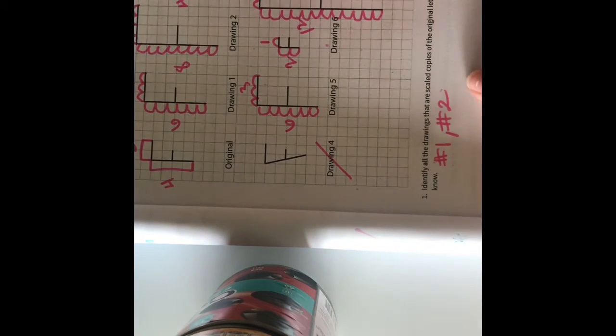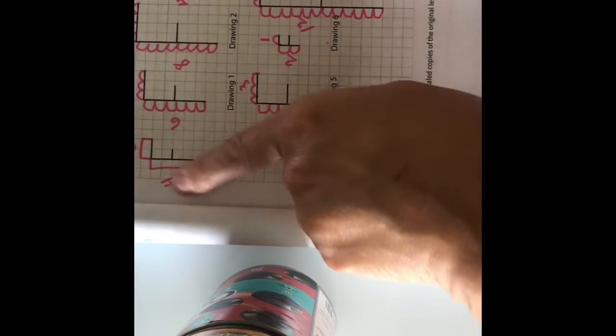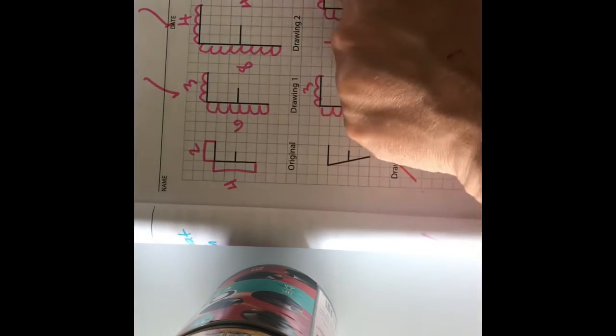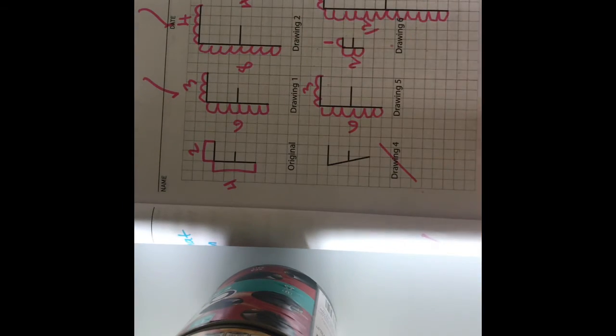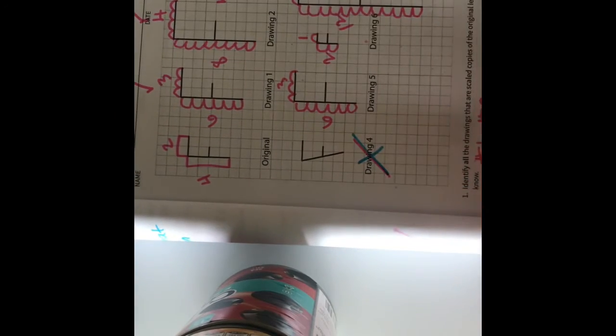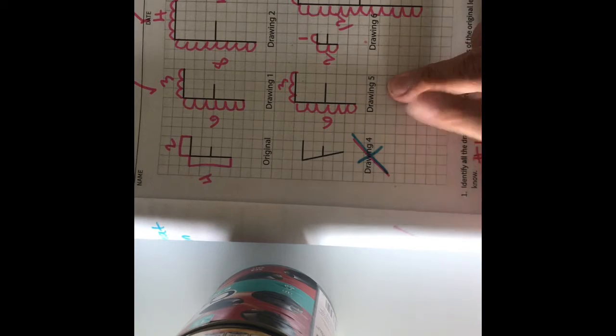Drawing number 3, 4 and 4. And if we go back to our original, these two numbers are not the same, right? It's a 4 and a 2. It's like this is 2 and this is double to make 4. So this one does not work. So I'm going to cross out drawing number 3. That one doesn't work. I'm going to come down here and use the same blue so we're on the same page. And then drawing number 5,